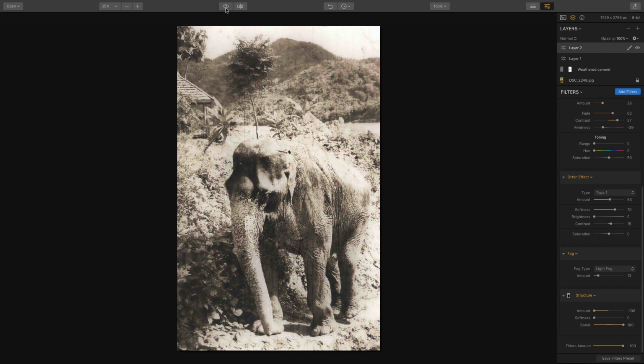So I think with the texture and the different filters like the fog and the negative structure, obviously the texture as well, the matte look and some of those things, you can really create a lot of different and unique looks in Luminar. And that's what I was going for here, something that could have theoretically been taken 100 years ago kind of thing. And I think I achieved it. It's not really my style, but that's part of the fun of editing someone else's photo, is you don't approach it with your own sort of biases, for lack of a better word, because you didn't take it, you don't have any